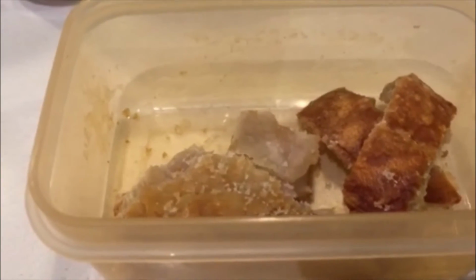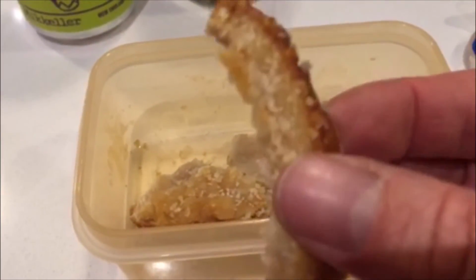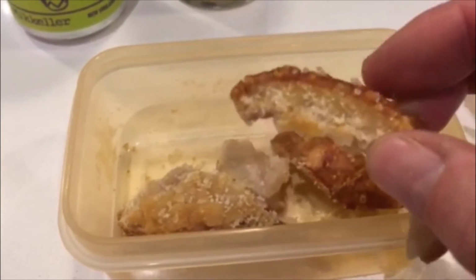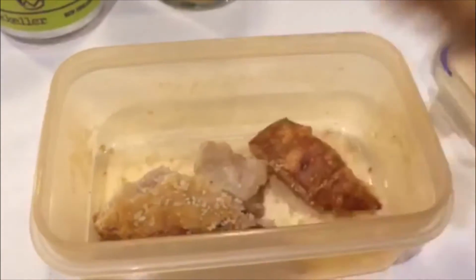I forgot to mention, as I am so hungry, I'm just going to get stuck into these scratchings. These have turned out very nicely. Nice little bit of crispy on top. Nice little bit of fat on the bottom. Let's have a...